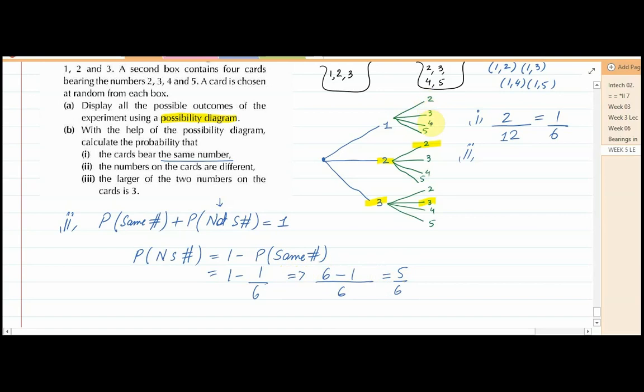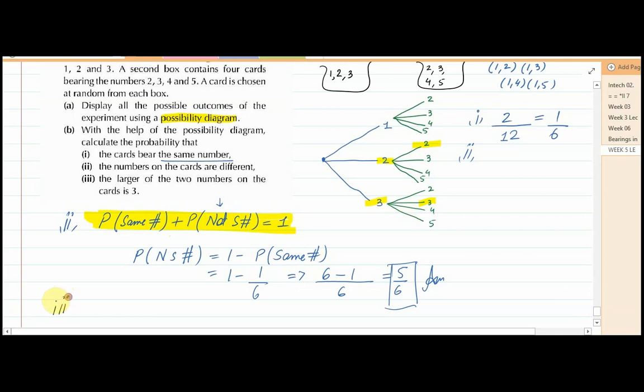If you do it by counting, I'm not going to do it because it will take time. If you do it by counting all the outcomes, you will get the same answer. So keep in mind that this concept is very helpful. It saves a lot of our effort. Example of this question as well, right? Okay, for third part